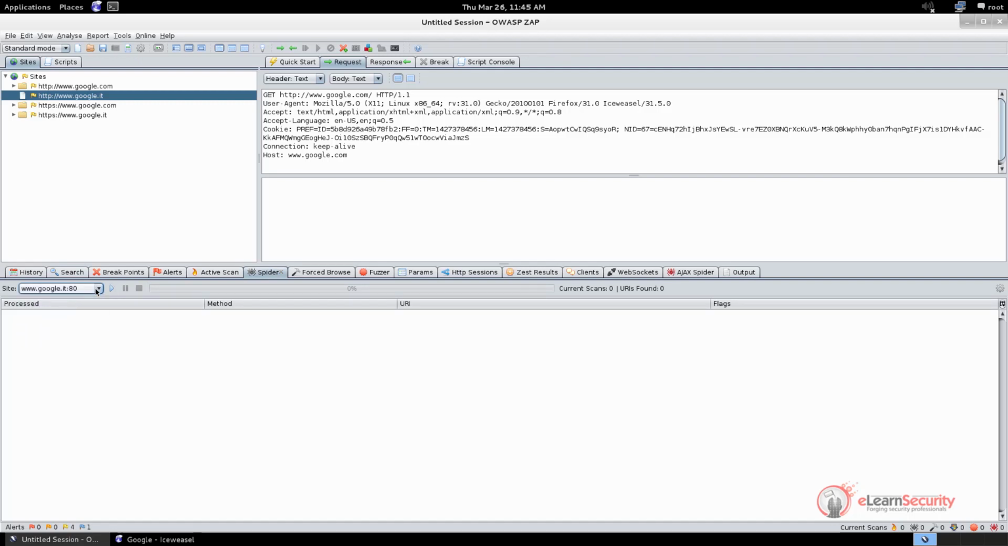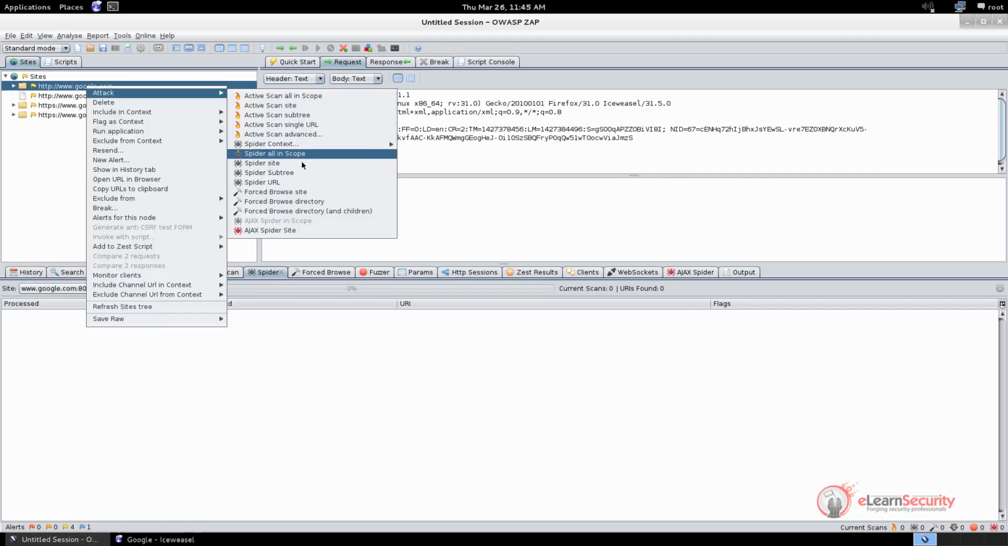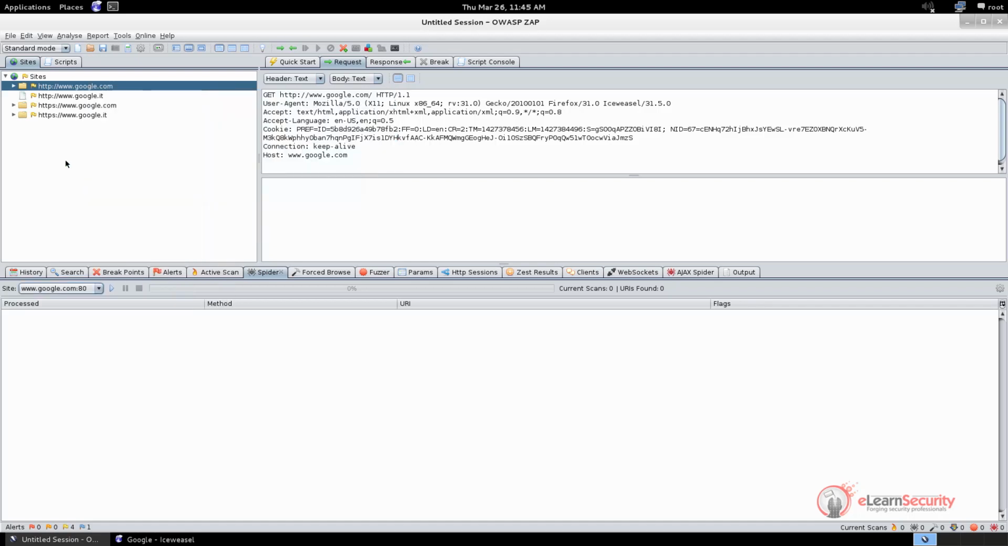Note that we can run the spider from here by simply selecting the domain to scan and clicking on the play button. Here we can also run the spider scan from the tree window. We just need to right-click on the item we want to scan, select Attack, and then choose one of the following spider options. As we've already said, there are a lot of tabs and features here, but we're not going